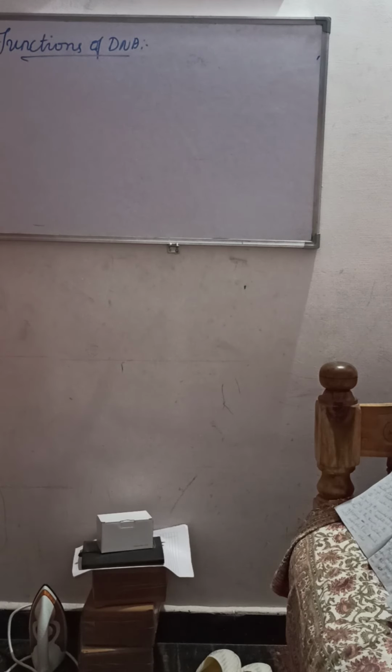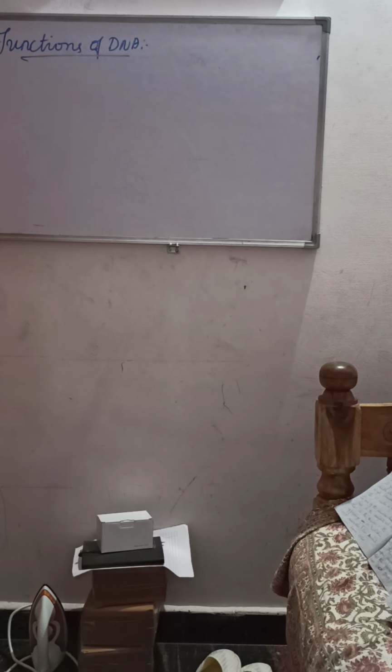Next, it takes part in gene mutation and gene recombination, which bring about what? Variation. It is very important because of the contribution between two very important genetic strands. So hence there is genetic recombination which is going to give rise to what? They will give rise to variation. So these are the very important functions of the DNA.